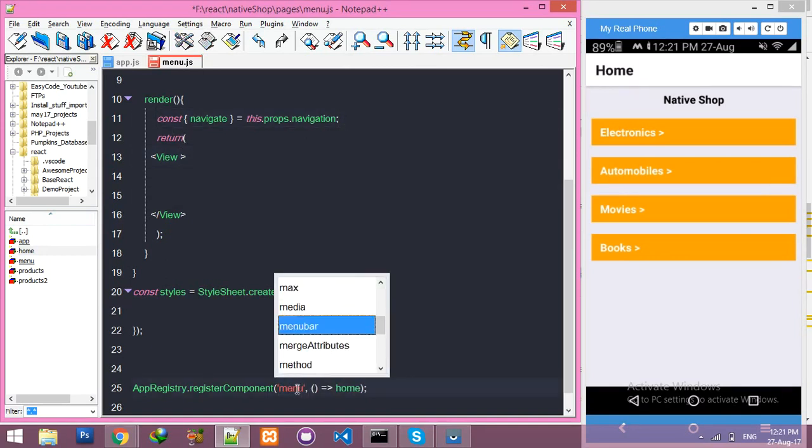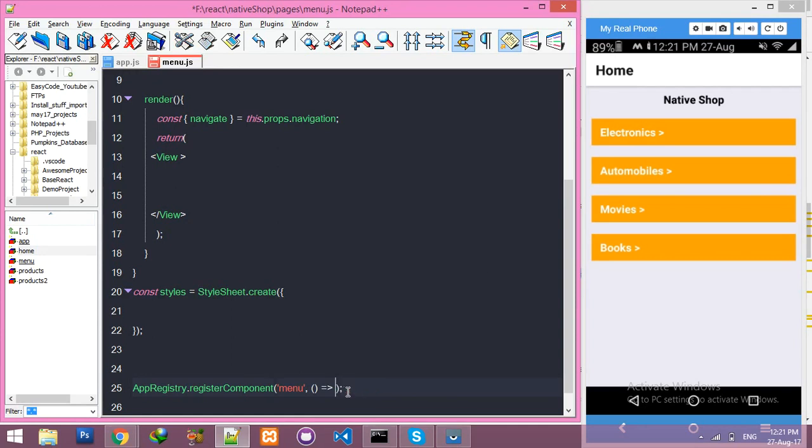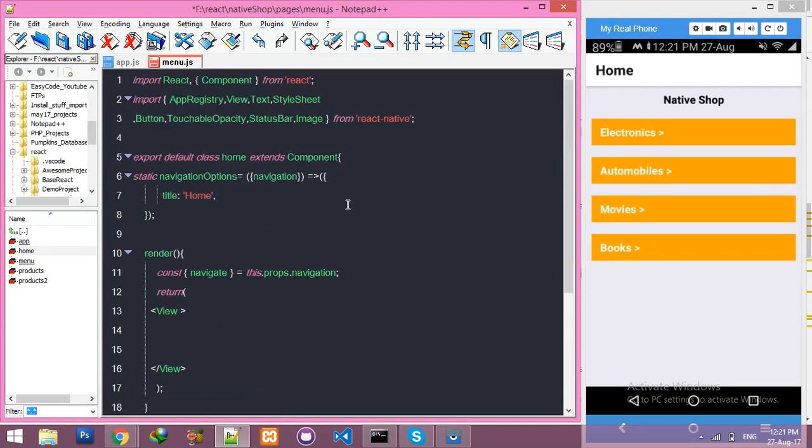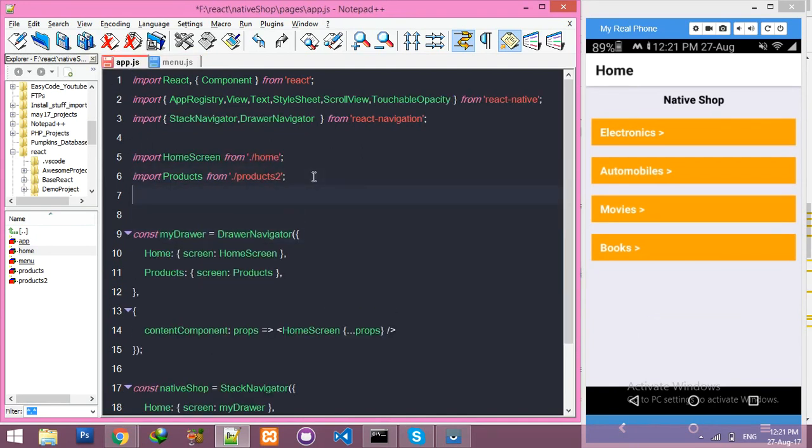Make it menu, and change the class name also, let's say side menu. That's all.